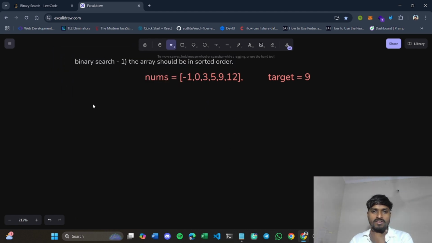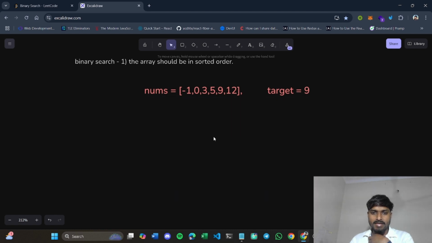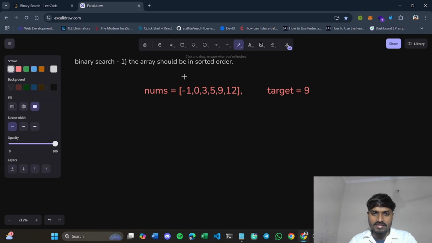So until now we know that we should have a sorted array, right? So what will we do with this sorted array? There is a concept called finding mid in binary search. What will we do? How many elements are there in this array? So this is index 0, 1. Okay, how I can reduce the width of